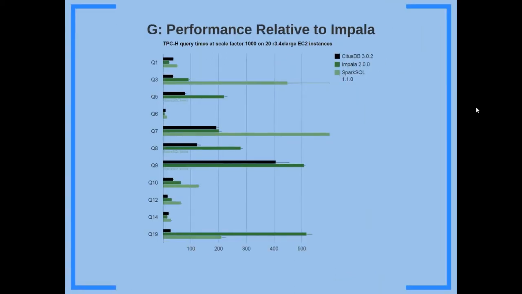Performance relative to Impala. This was a little brouhaha on the mailing list a week or two ago, where somebody did a benchmark and showed that Impala was twice as fast as SparkSQL. The response from the Spark guys was, well, did you really do the performance tuning? And the people who did the benchmark were gracious enough to come on the mailing list and said, oh, yeah, we did, and we'd be happy to work with you to see if there's anything we missed. But